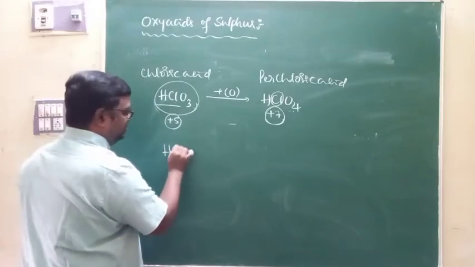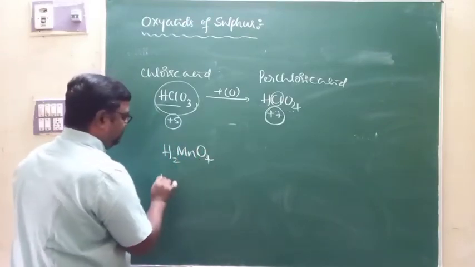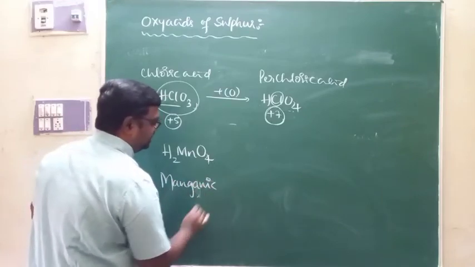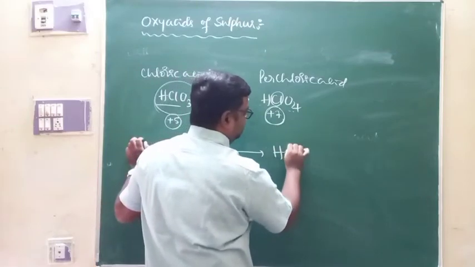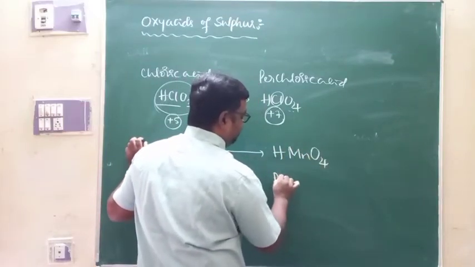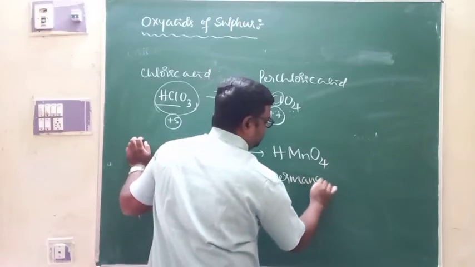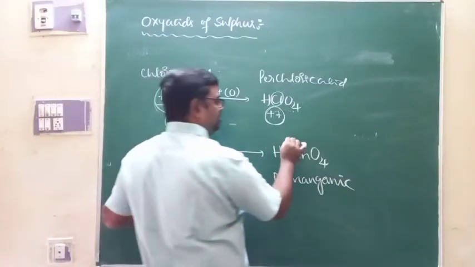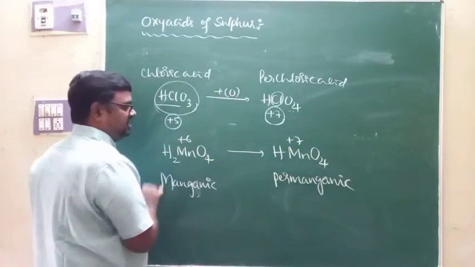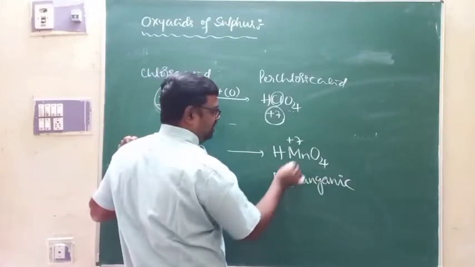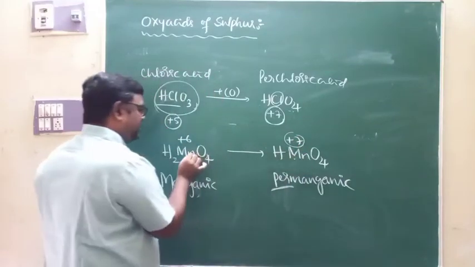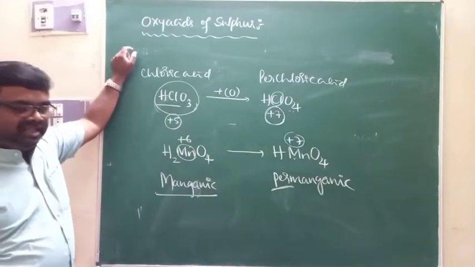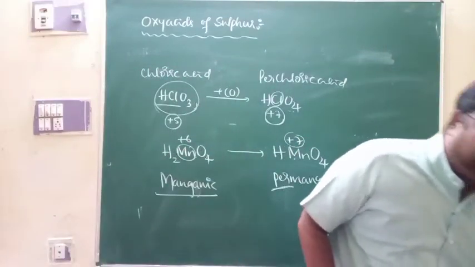ಇನ್ನೊಂದಿದೆ ನೋಡಿ, that is H2MnO4, that is manganic acid we call it. ಇದರ ಹೆಸರೇನು manganic acid ಅಂತ ಕರೀತೀವಿ. And we have one more, that is HMnO4. This is permanganic acid. Its oxidation number of central atom is +7. Here it is +6. Now if I use the term per, the oxidation number of the central atom is more than the oxidation number of the central atom of the corresponding IC acid. So this is what we call per, hypo, meta, ortho, and of course pyro.